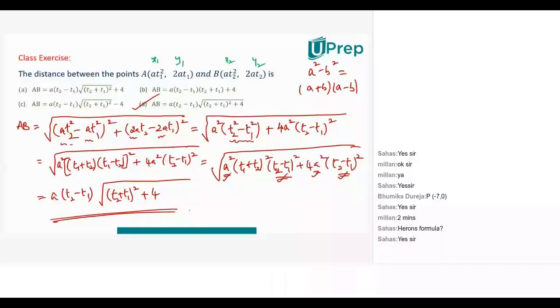Look at this term, T2 square minus T1 square, right? I wrote it as T1 plus T2 into T1 minus T2. That is a plus b into a minus b. Okay, sir. I mean, it's in fact T2 minus T1. I have a square, so I'm free to write the terms as I wish because square doesn't mind whether it is a minus b whole square or b minus a whole square, it doesn't make any difference. So I have freedom of writing T1 plus T2 in place of T2 plus T1. That's my habit.